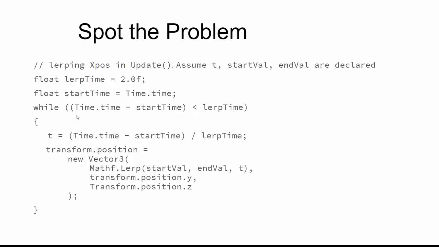And as Dylan pointed out, the problem with trying to do this is if this was in Update, this would be really bad. This would take 2 seconds for the update. And we already said we wanted updates to be as quick as possible. We want them to happen at frame rate, at 60 times a second, or 120 times, many times per second. If we tried to actually execute this inside of Update, best case, it would stall for 2 seconds. Worst case, if time isn't actually even running, which it may not be,